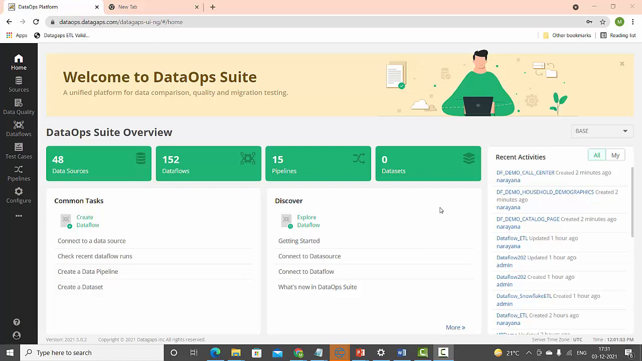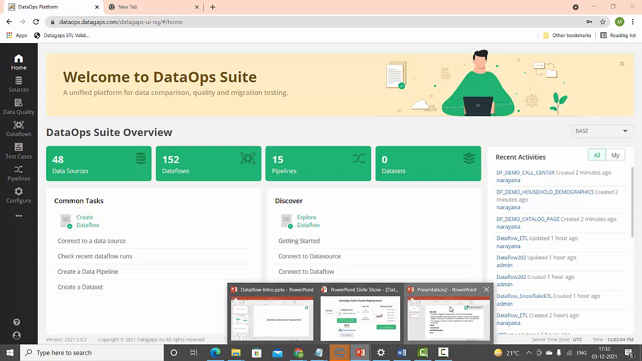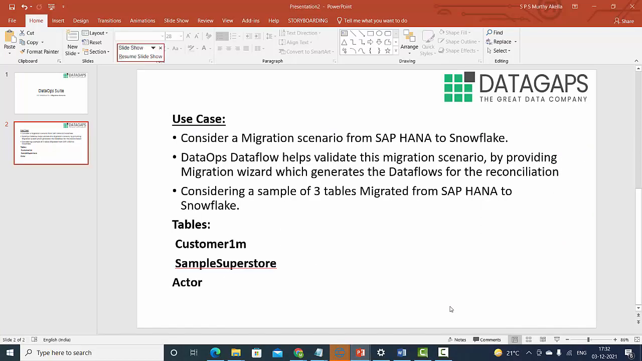Okay, let us take an example and try to understand the migration wizard. I'll show you a demo of that particular use case. So let's consider this scenario. In this case, I'm considering SAP HANA to Snowflake migration. Let's say the tables of SAP HANA are being moved to Snowflake. Now, what DataOps Dataflow does is it helps to validate this migration scenario by providing the migration wizard, which